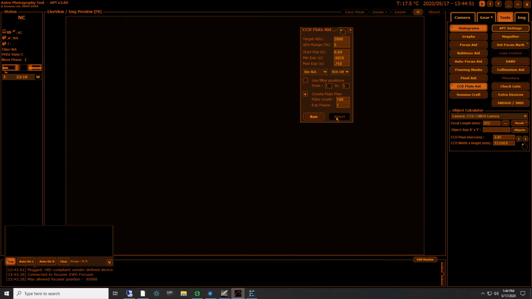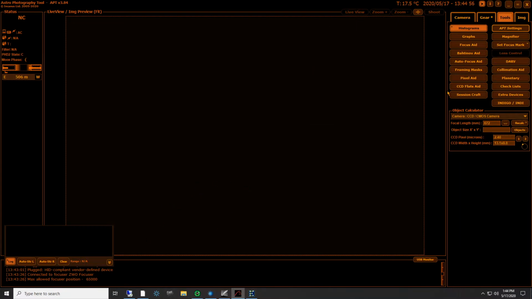Anyhow, you click on the run and it'll go through and automatically figure your focus out for you. And it's got a bunch of other little things. The camera,